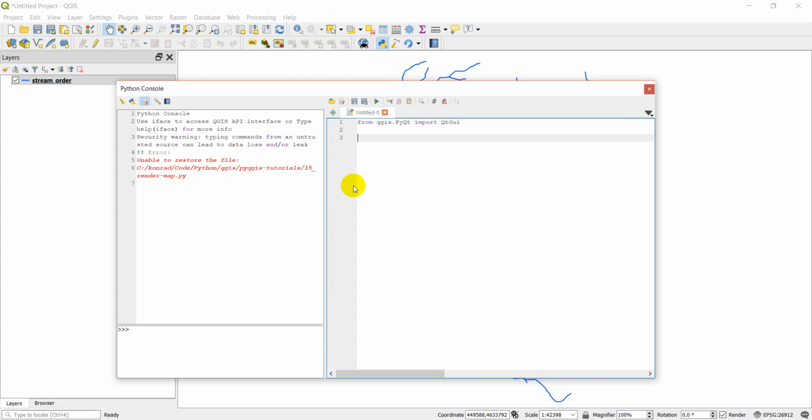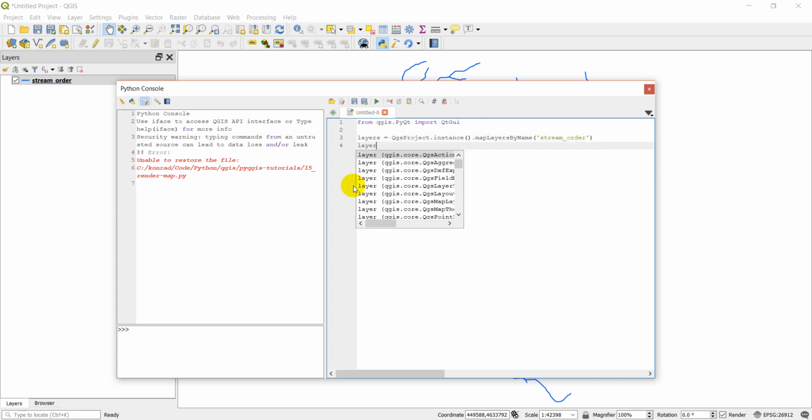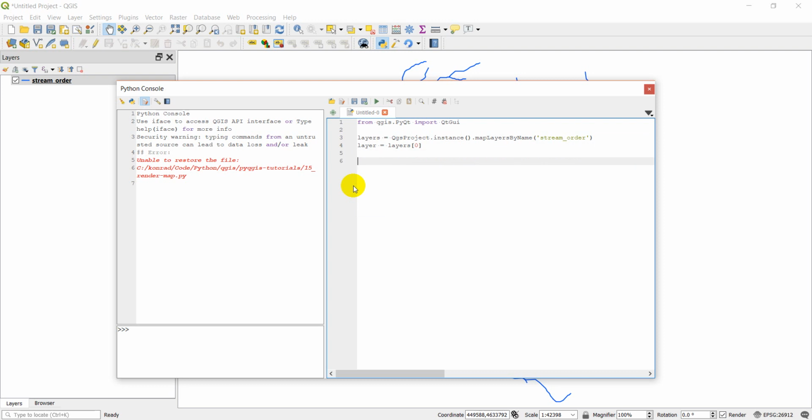Now the first thing I need to do is get the layers I want to display. So we'll do layers is QgsProject.instance().mapLayersByName, and here I'm going to put in stream_order, and then my layer is going to equal the first layer in the layers list. Okay. So now once I have that, the next thing I'm going to do is make a